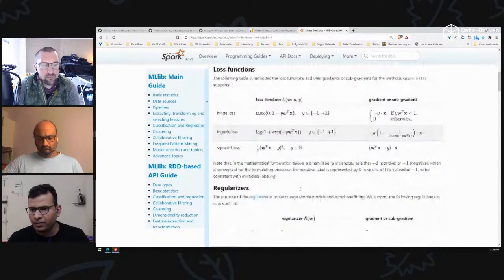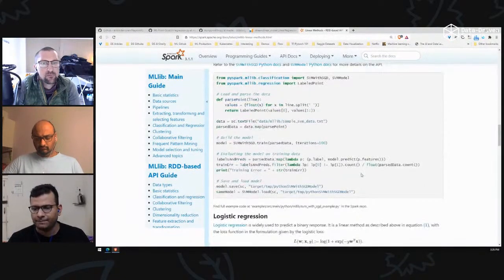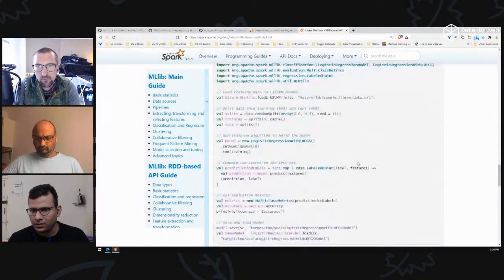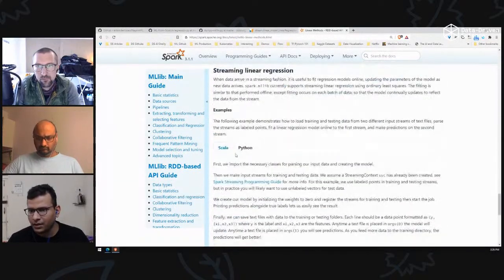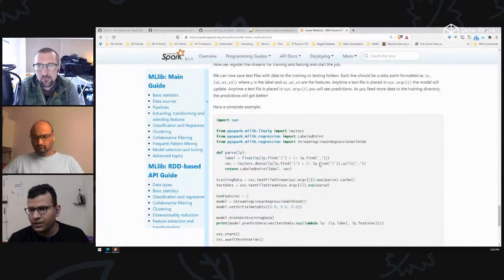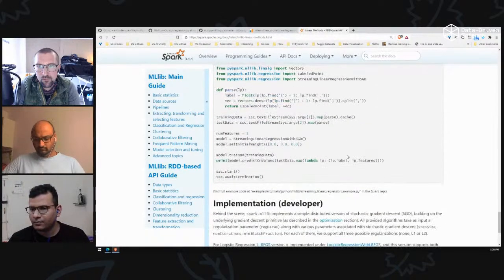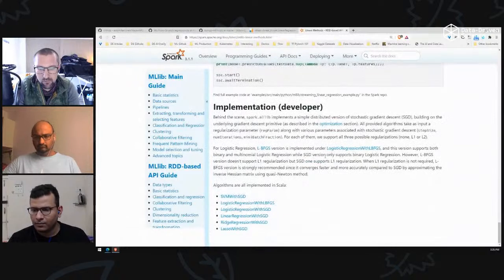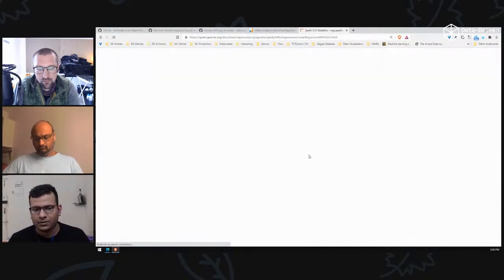So if I check the Python code, let's see. This is the logistic regression, this is the linear regression. This is the linear regression done in Spark, and this is how it looks. Let's see, the program is loading.